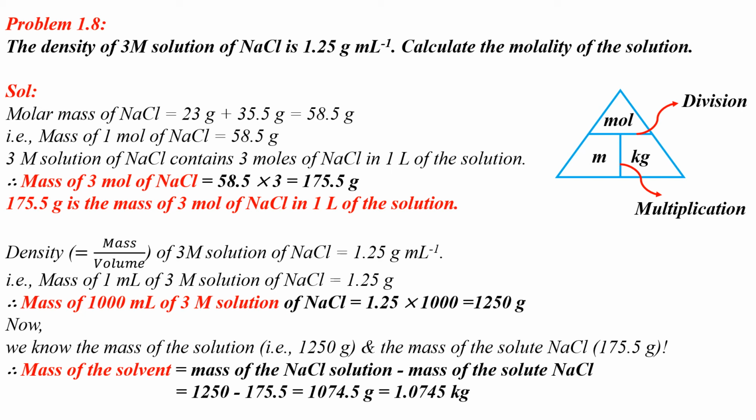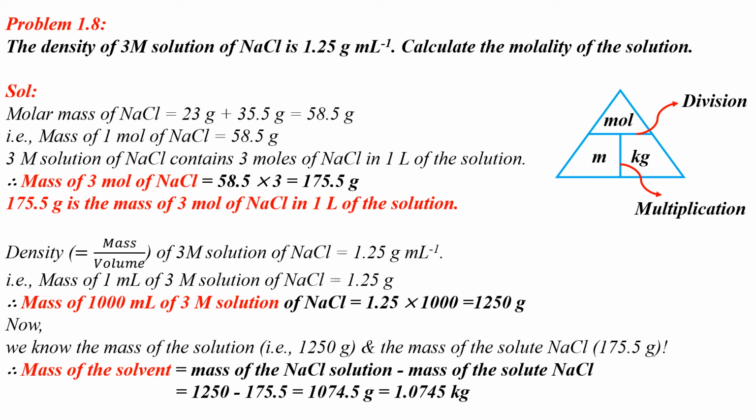Now if you are asked to calculate the mass of the solvent in kilogram, you should cover kg with your hand so that you arrive at the formula for calculating mass of the solvent in kilograms, and that would be equal to number of moles of solute divided by molality. If you are asked to calculate the moles of solute, then you would cover mole with your hand and your formula would be equal to molality into mass of the solvent in kilogram.